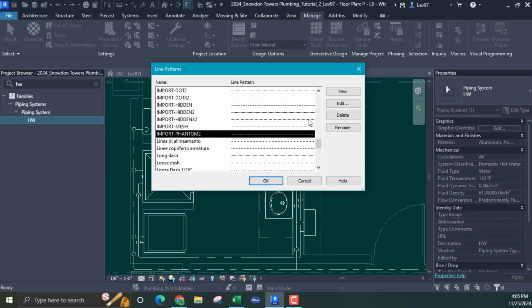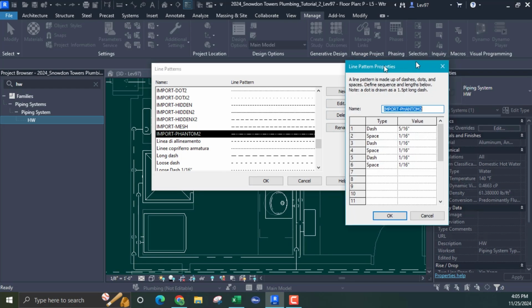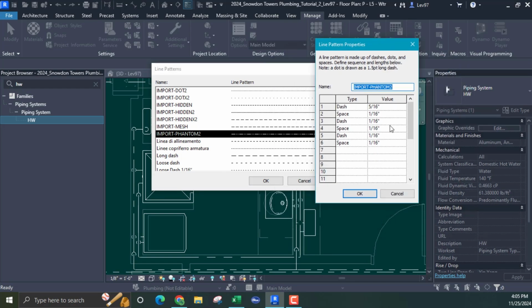It's this guy, right? If I want to edit, you can change all of this information, or you can create a new one. You see it's a 5/16 dash, and what's happening is